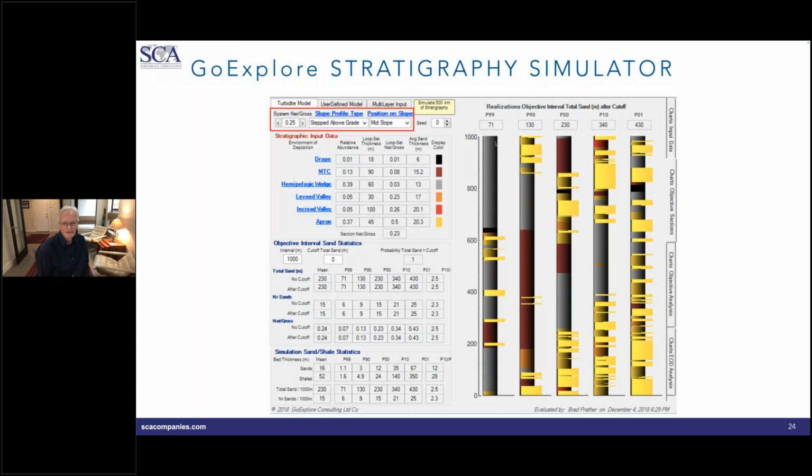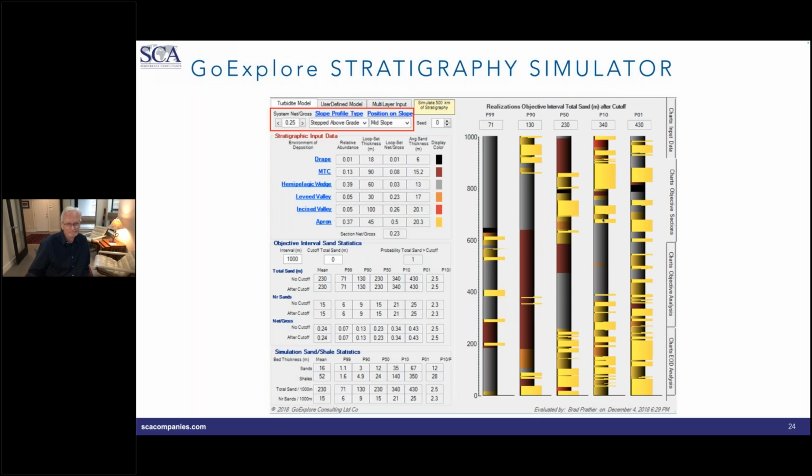are realizations of a whole different stratigraphic succession through a variety of realizations of the stratigraphy. Basically, what happens is that this program is seeded with an initial sand position and an environment of deposition, and then it stacks vertically for 500 kilometers of stratigraphy based on that initial seed. And you can see here, you can change that seed, and every time you change that seed, these would change. But this gives you realizations of what the stratigraphy could look like,